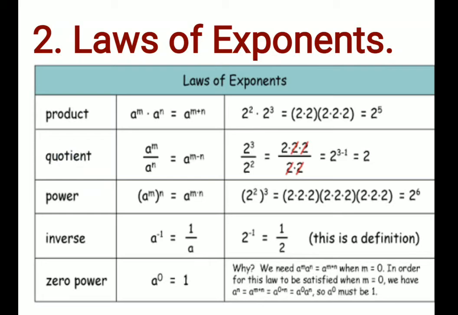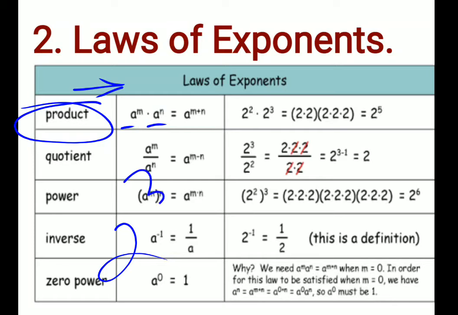Once you come through the knowledge of the exponent, there are various laws which you have to learn and remember. The first one is the product, meaning multiply, when you have the same base. Here A represents the base, M represents the exponent, and N represents the exponent. Suppose you have the same base, so 2 cube into 2 to the power 5.